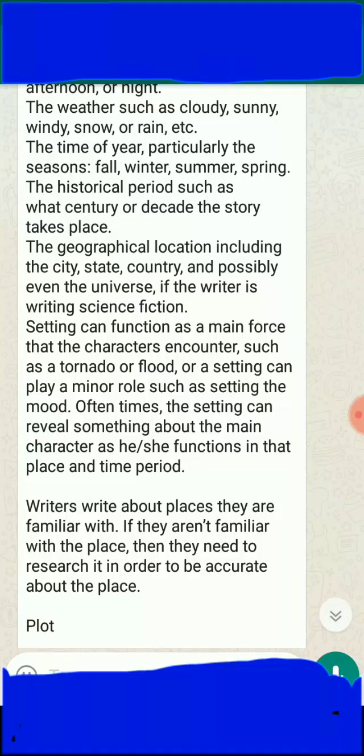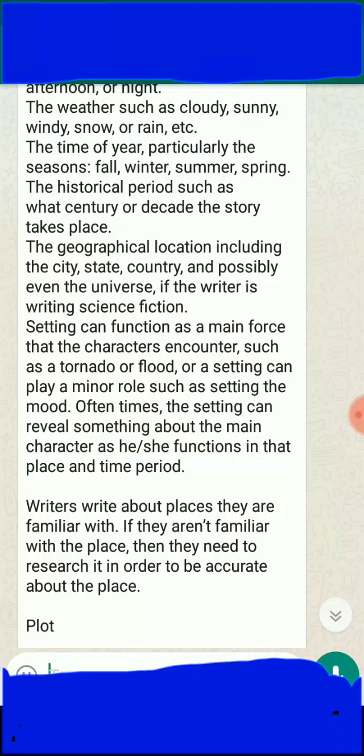If the writer is writing a science fiction setting, the setting can function as a main force that the character encounters, such as a tornado or flood, or a setting can play a minor role, such as setting the mood. Oftentimes, the setting can reveal something about the main character as she functions in that place and